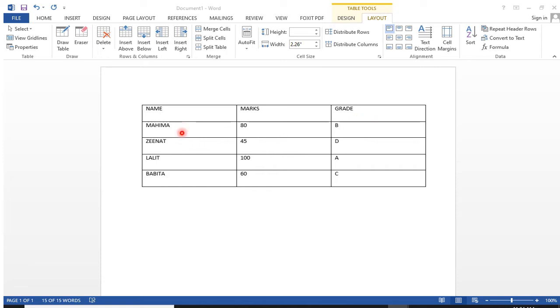You can see here names are not arranged in either ascending or descending order. First name is Mahima, second is Jeena, third one is Lalit, and last one is Babita. They are not in any order and their marks and grades are also entered in the table.